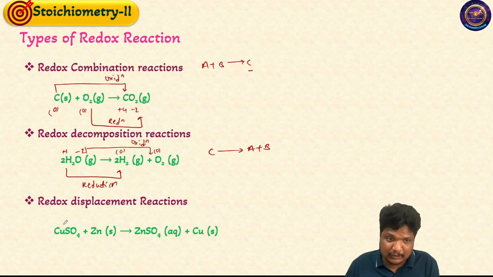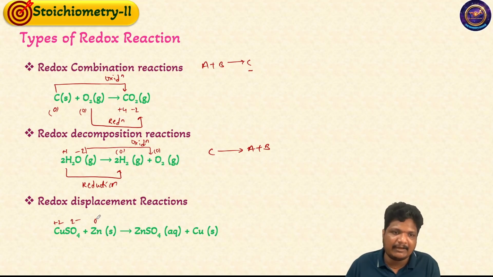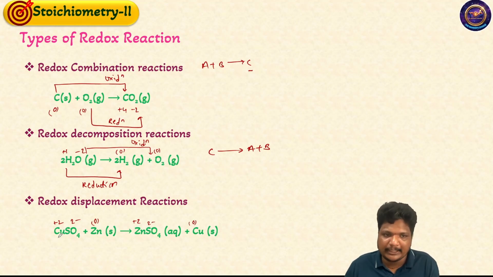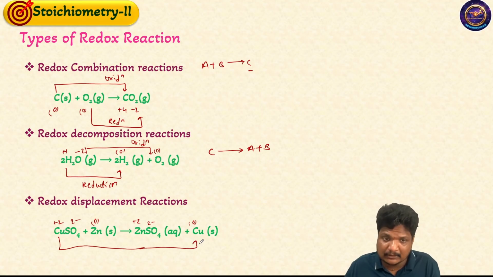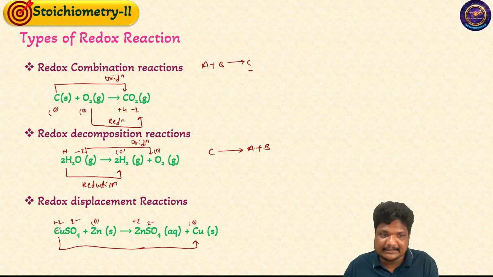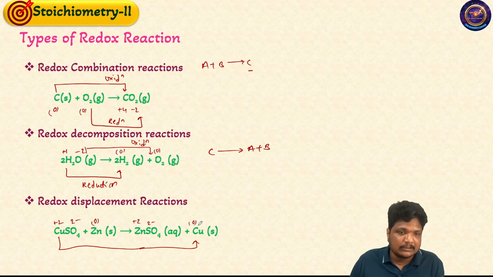ఓకే, సో ఇక్కడ చూడండి, in the reactant side copper having +2 oxidation state. So SO4 2 minus, it is SO4 2 minus. So zinc having 0 oxidation state. Okay, so here in the product side, zinc having +2 oxidation state, sulfate which is -2 oxidation state, copper having 0 oxidation state. So here this copper from +2 to 0 oxidation state. So it means here, సో +2 నుంచి 0కి కన్వర్ట్ అవుతుంది అంటే సో ఇది ఏ రియాక్షన్ అవుతుంది